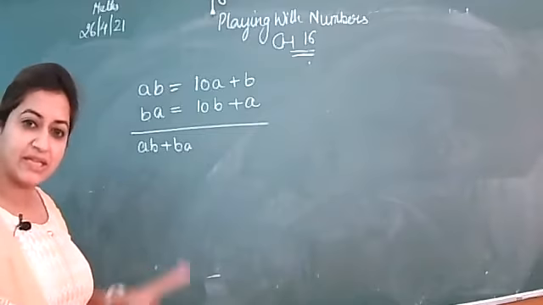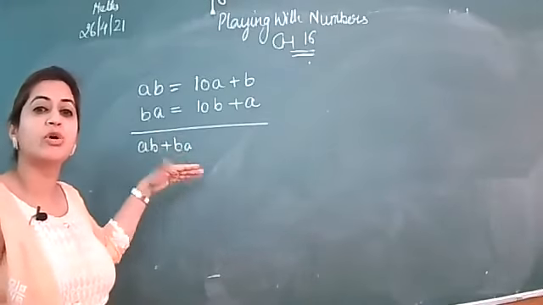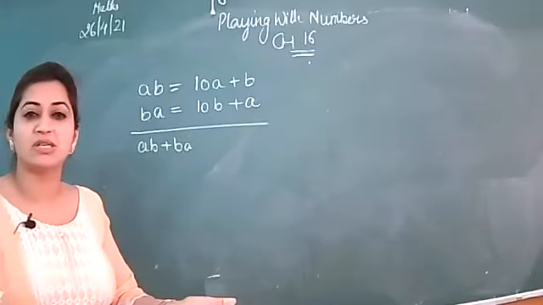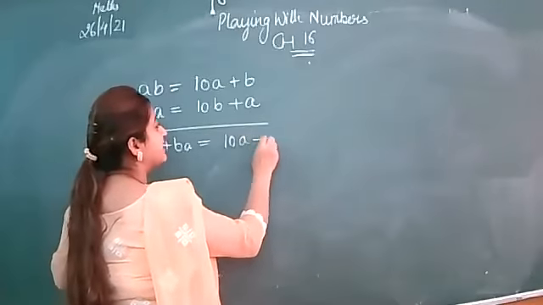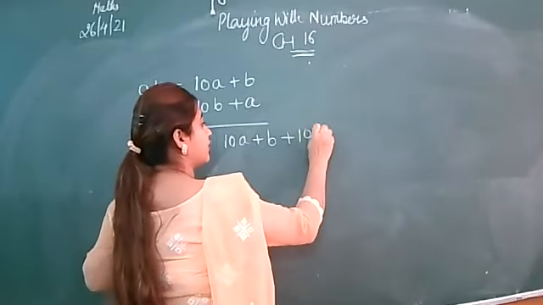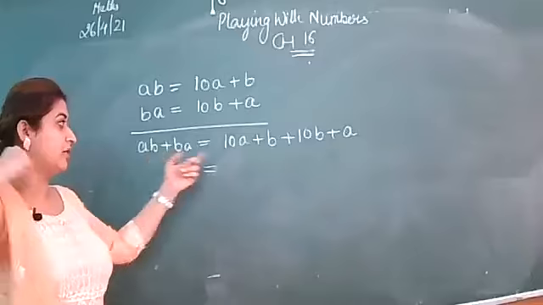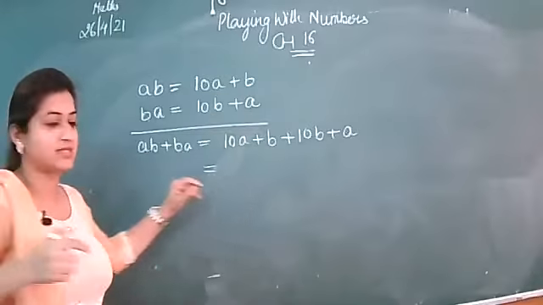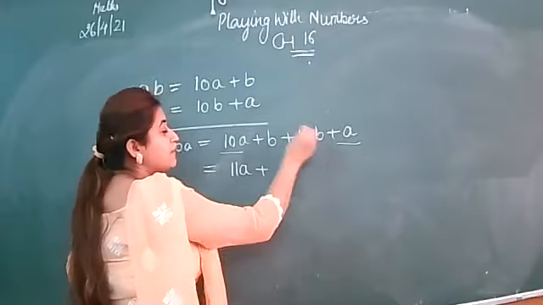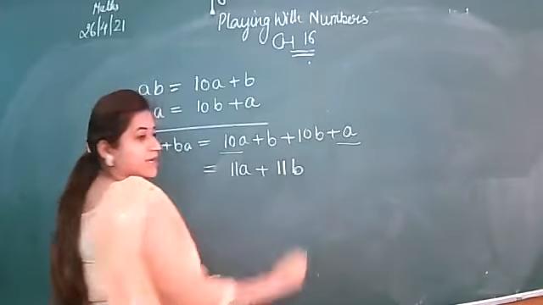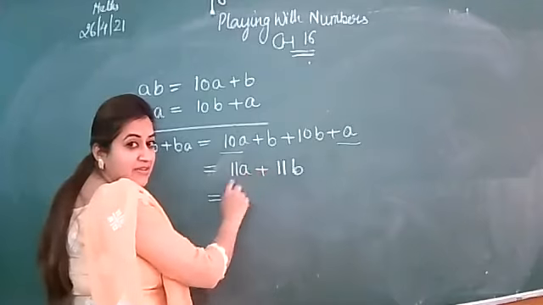Okay, we only have to write the addition, not do it, because it is 25 and 52 here, but it could be anything, 34 and 43 as well, so I wrote it simply. Now we will add the right hand side. As we have added the left hand side terms, same we will do for the right hand side. 10A plus A will become 11A. 10B plus B will become 11B. Now, as you can see that 11 is common.